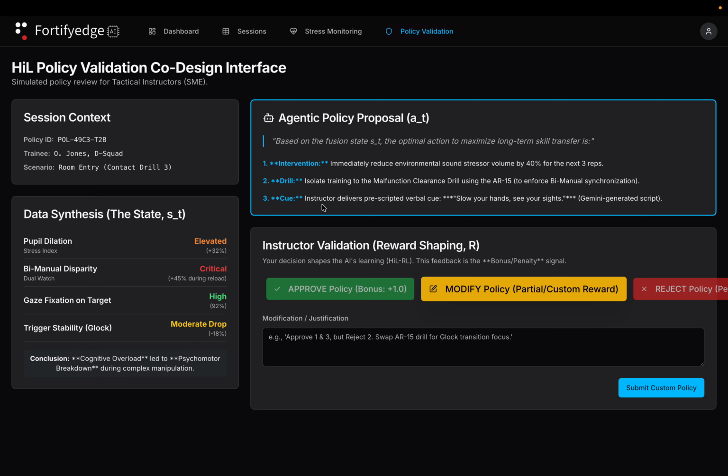So you can see here, as we build this system up with you based on your training doctrine or your operational doctrine, we will start to feed into your policy frameworks. Based on the context of what happened, you'll be able to go and look at everything there, and this is where you'll help do what's called reinforcement learning with human feedback,